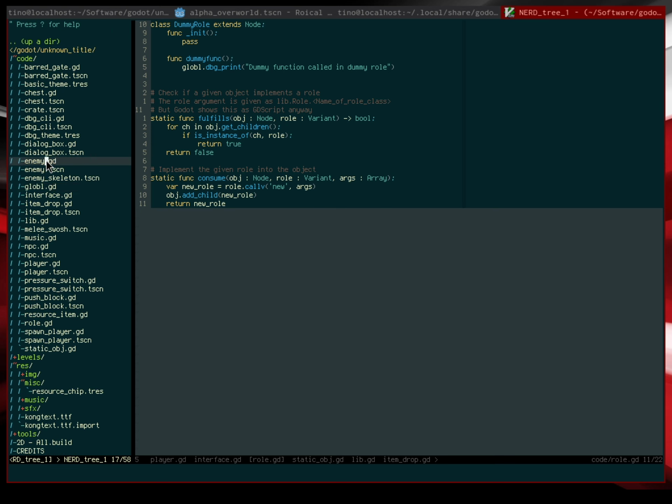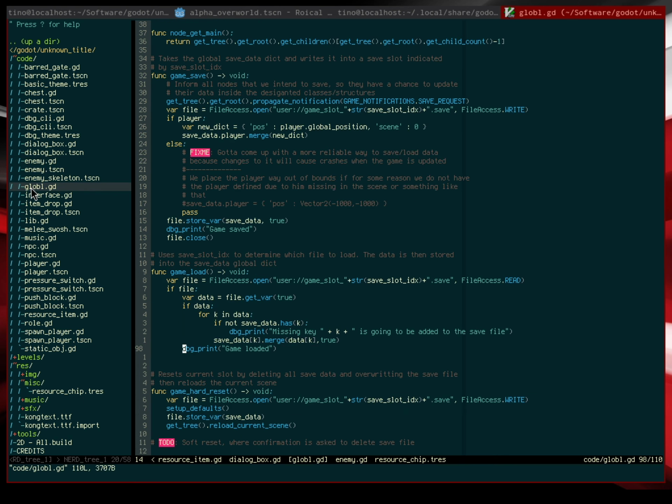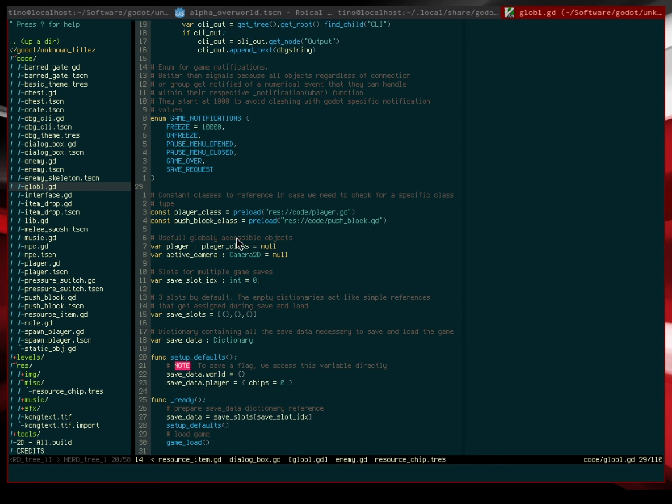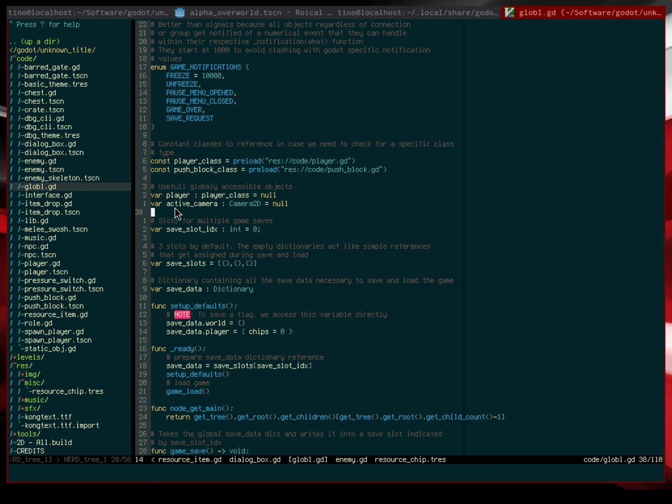But oh, and don't be afraid of global variables. I don't know why people hate them. You need to manage them properly. Stuff like player classes and pushbook class. I guess I could remove this. I have a player here that just expects the player class, so I can access the player from anywhere, because